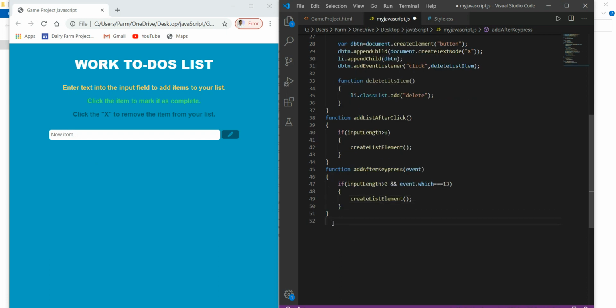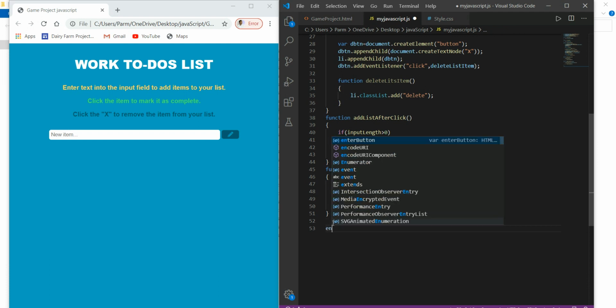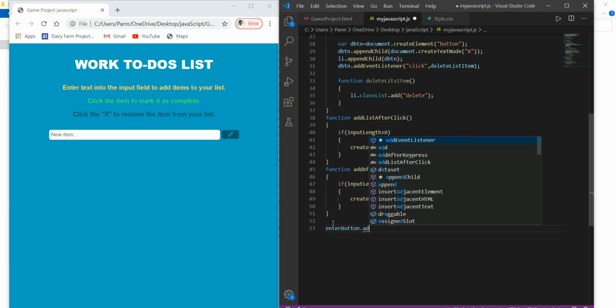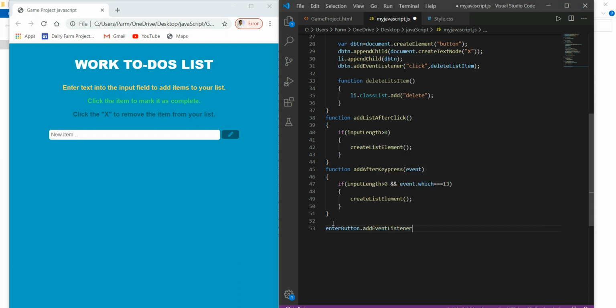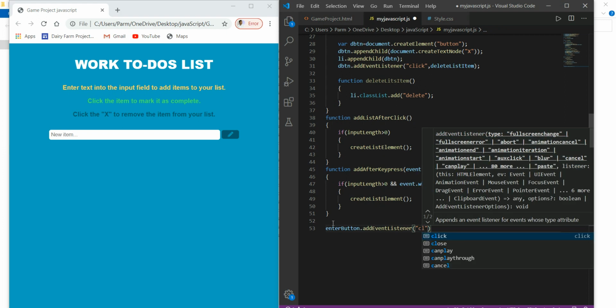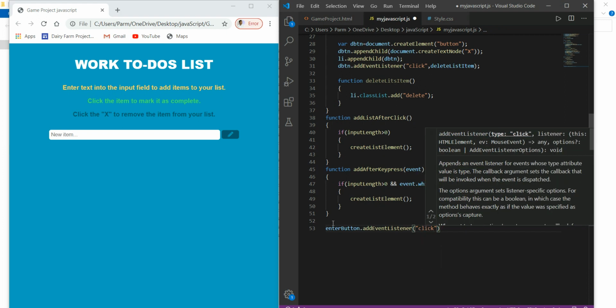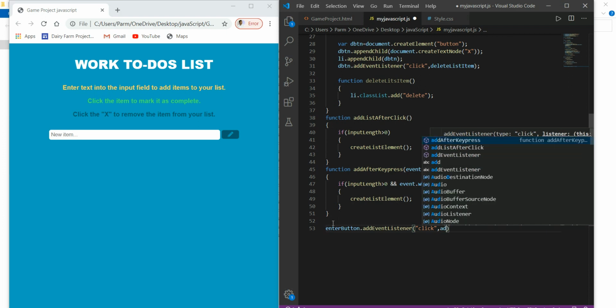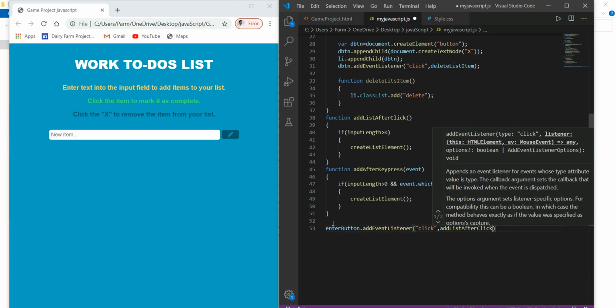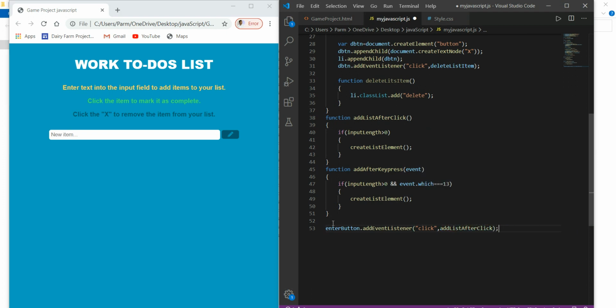Now we have to call this event. So here, for the enter button, we say add event listener. If we press the enter button, we will call this function. The event will be click, and the function called will be add after click, that we have created above.